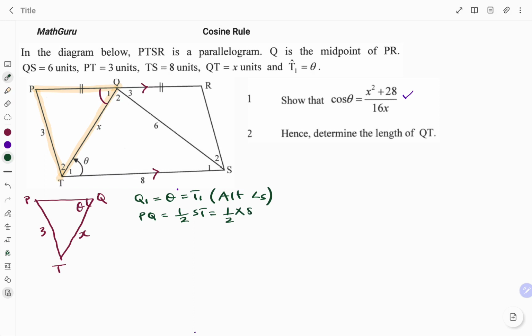That's half times 8, and that is 4 units. So therefore, I have this as 4 units and 4 units. So I'm going to write that in my sketch, 4 units. So therefore, writing an expression for cos theta,